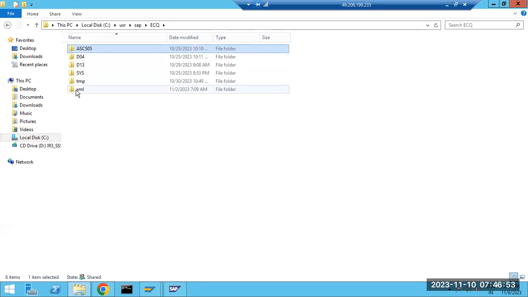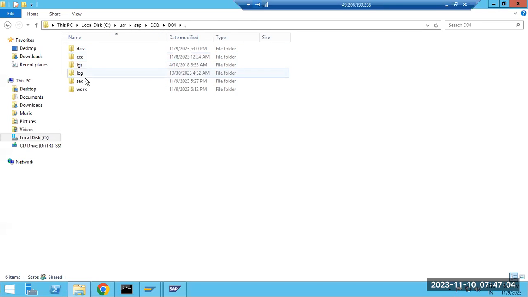There is one transaction code where we can apply the system certificates and everything. When you apply the certificate, it will be stored at the file system level, in the form of PSE files. It will store the PSEs here.